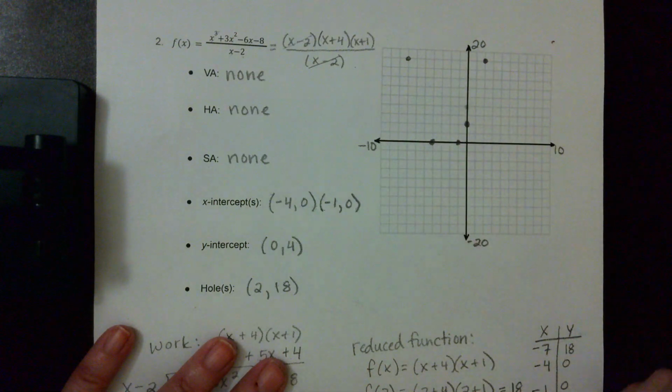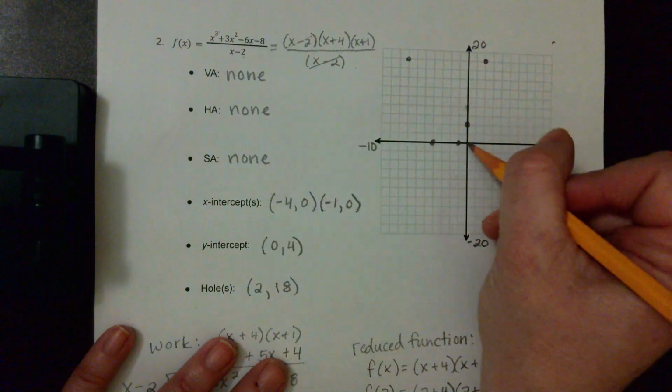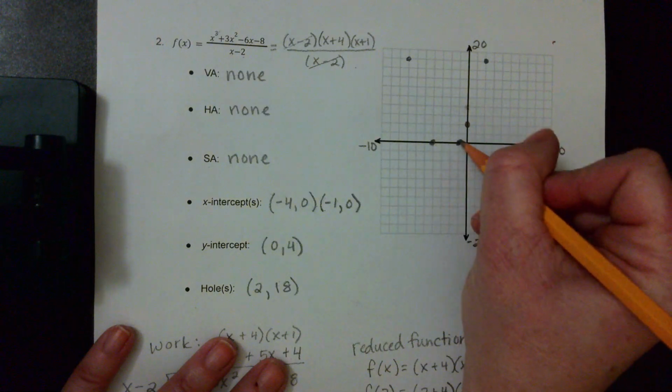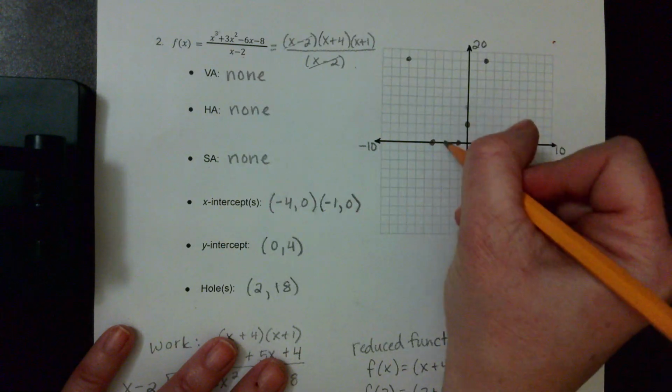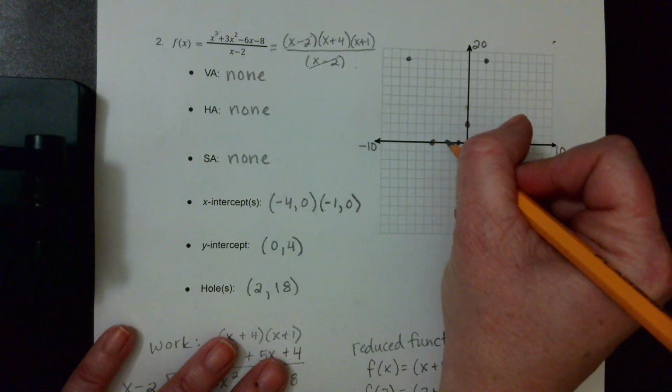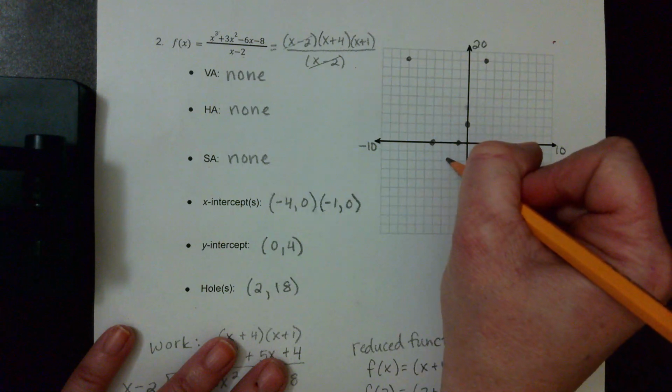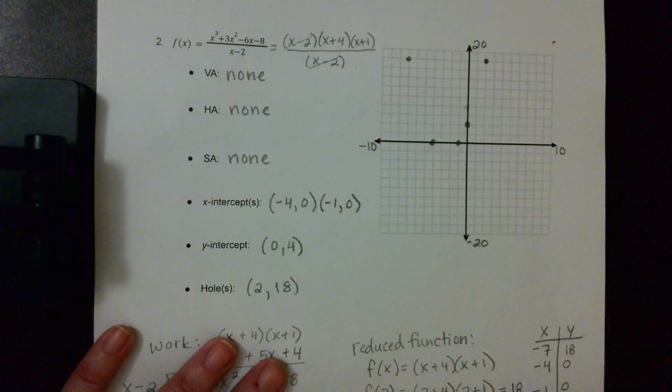Okay, so now I can use symmetry, right? So here are my two x-intercepts. My vertex is going to be right between that. So I want to look at